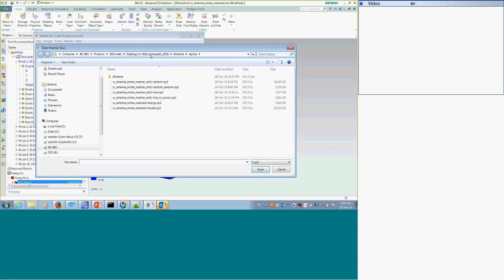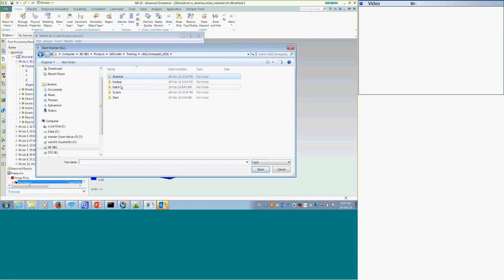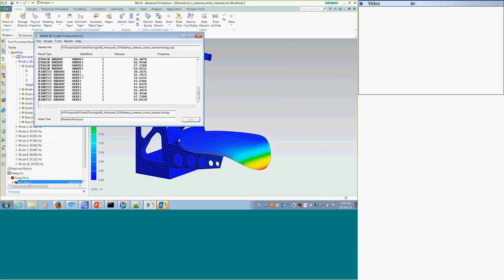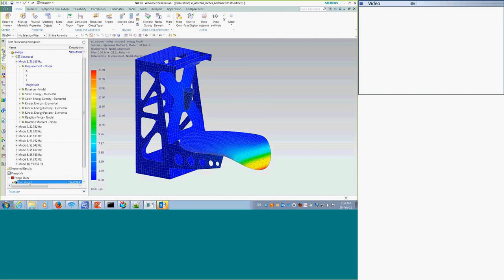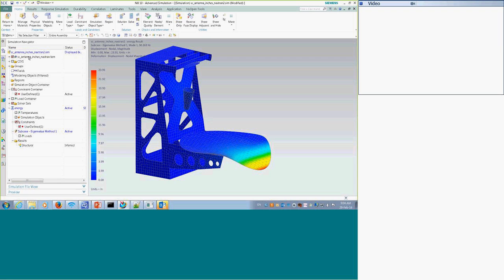I'm going to do an open. My OP2 file. Kinetic energy, strain energy, a reaction force. And I'm going to export these groups from this model.